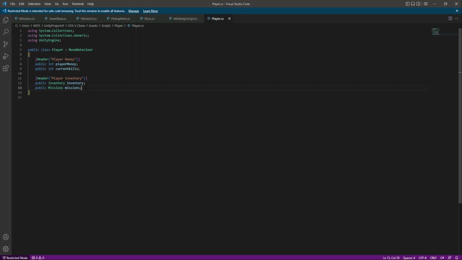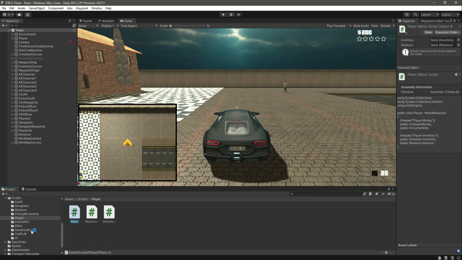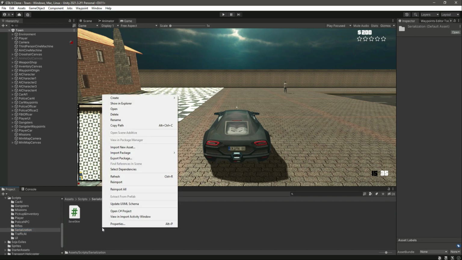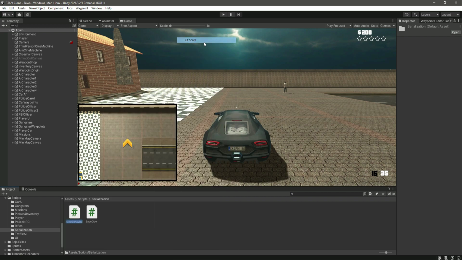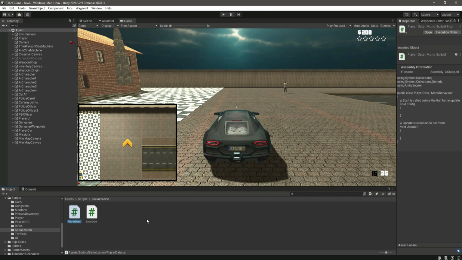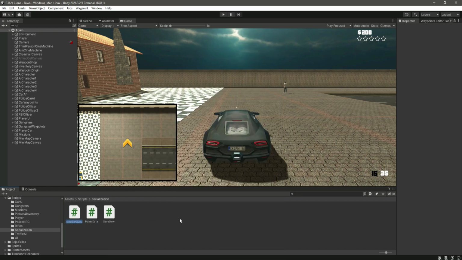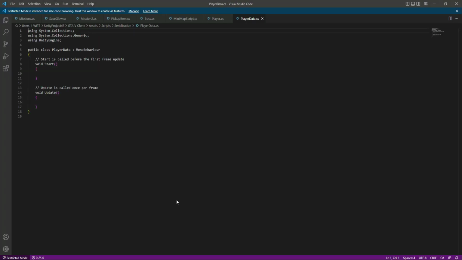And for example, if you want to store some other things, then first of all call whatever you are storing right here, okay? And once you do that, get back to Unity, click on this serialization folder, and as you know, in here we have this save glow script. Right here we will also create another script by the name of player data, and with this script let's create another script which will be by the name of save system. Now let's open these both scripts,